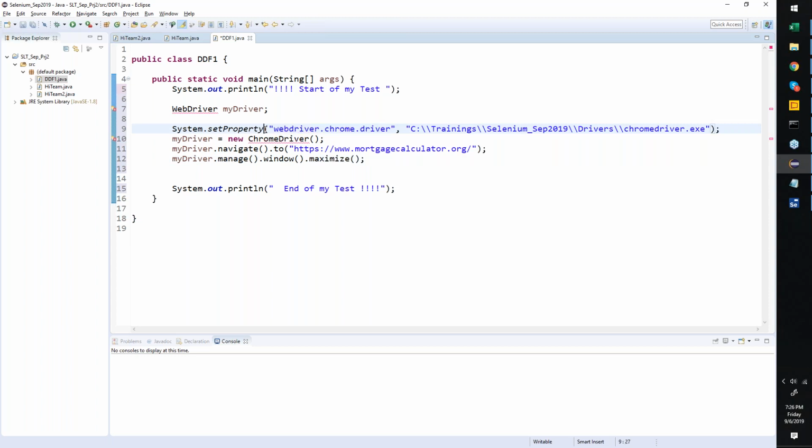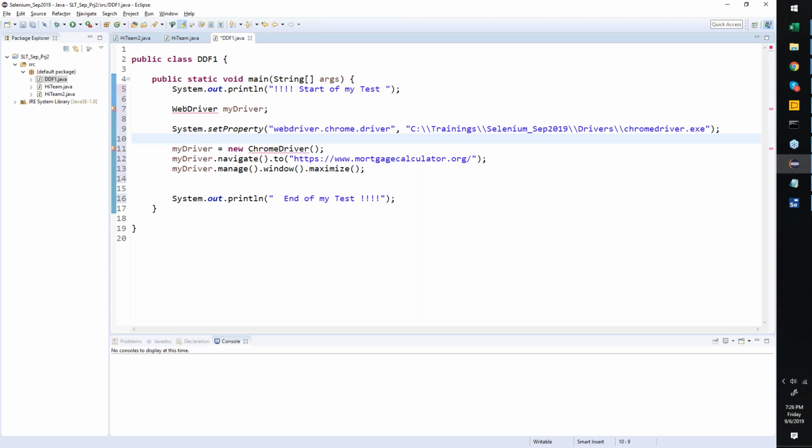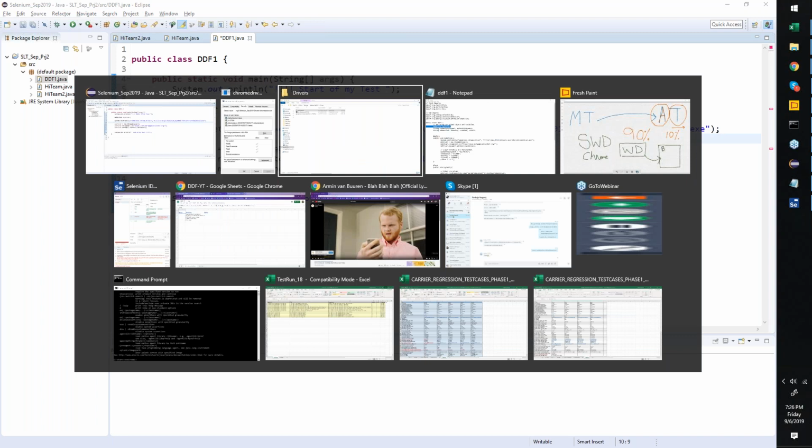This command basically does nothing but set a property in your system where it says if a Chrome driver is needed, then find it here. Okay. There is nothing more complex about this statement. So my Chrome driver will get identified through that, team. But the biggest problem is it does not know even Selenium. Chrome driver and all this is under Selenium. So your Selenium WebDriver,